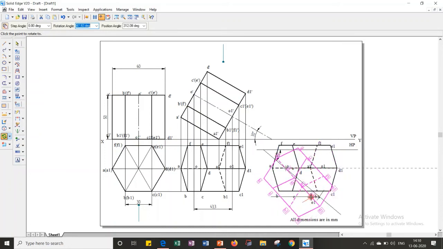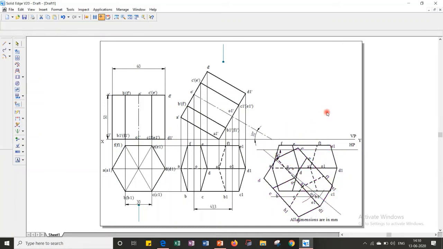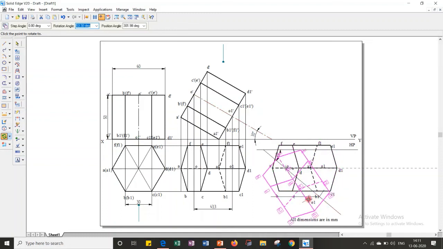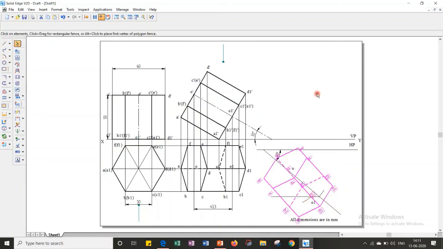You have to place O1 here. After copying this object, moving on to the final step,